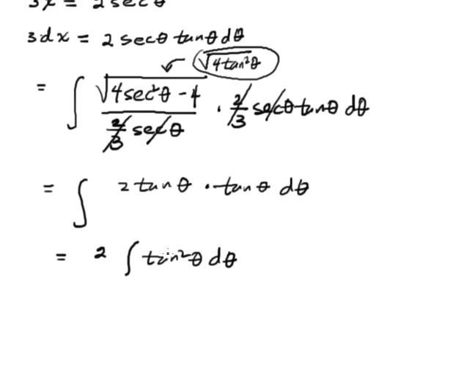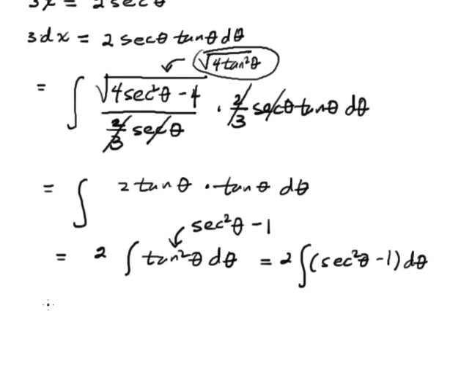And how do we integrate tan squared theta? Well, remember, tan squared theta plus 1 is equal to secant squared theta. So another trig substitution, using that same trig identity. So we have secant squared theta minus 1 over here. And secant squared is the derivative of tan, so we'll be able to integrate that. So this is 2 times the integral of (secant squared theta minus 1) d theta. So that's equal to, the antiderivative of secant squared theta is tangent theta, minus theta,